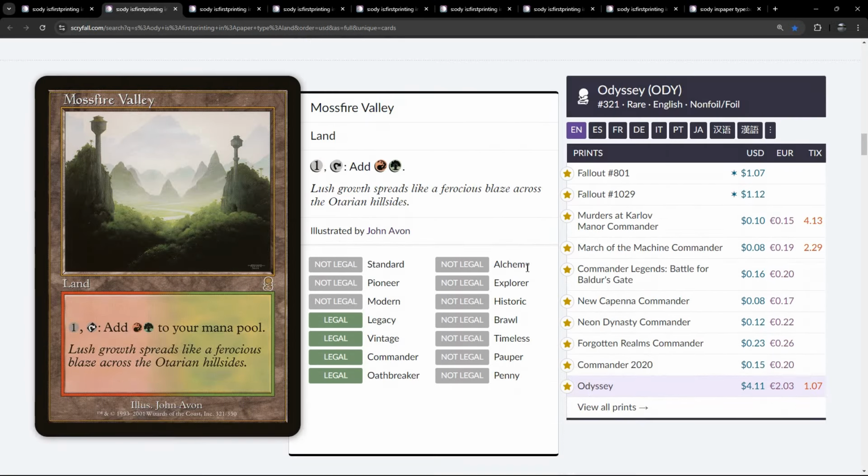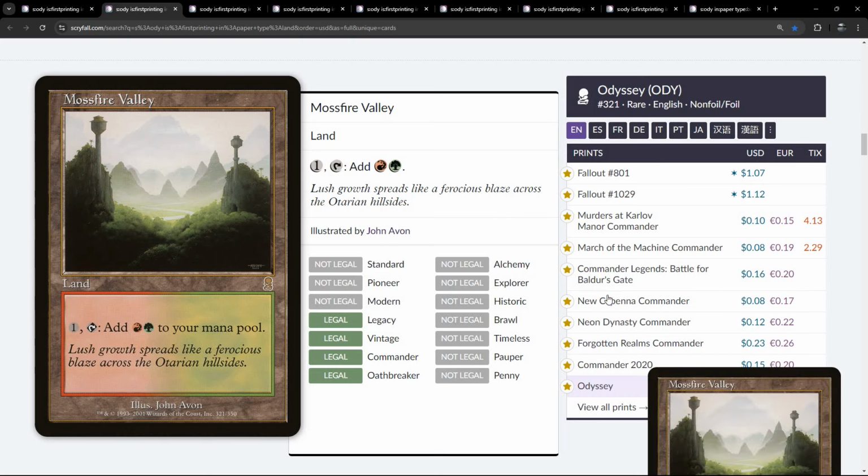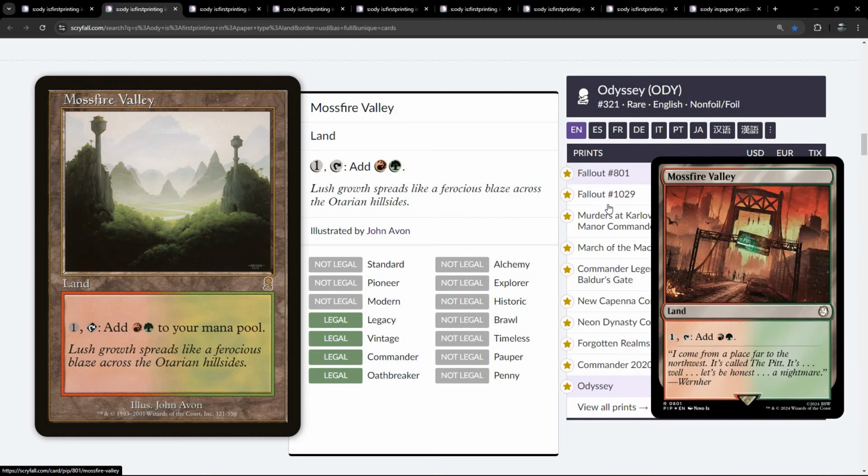And then this is one of these dual colour filter lands that were printed at rare in the set. Mossfire Valley. So 1 mana of any colour, tap it, and then you get to add red and green together. So 1 mana in, 2 mana out. It's been reprinted a few times, so it is in Fallout,